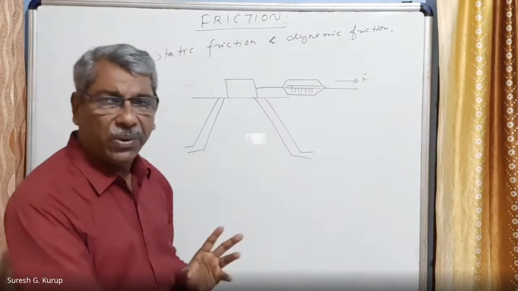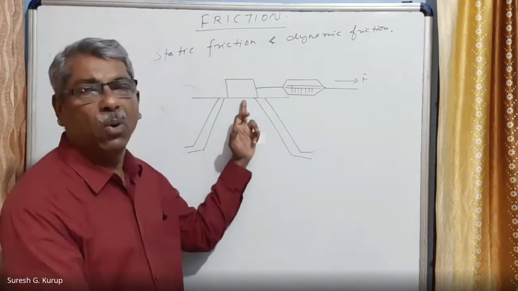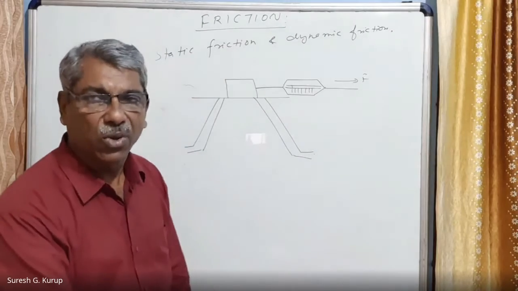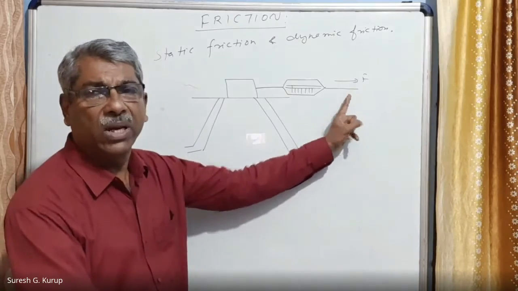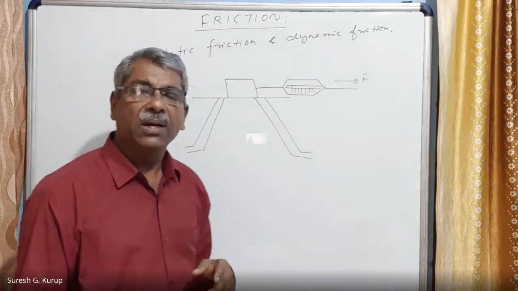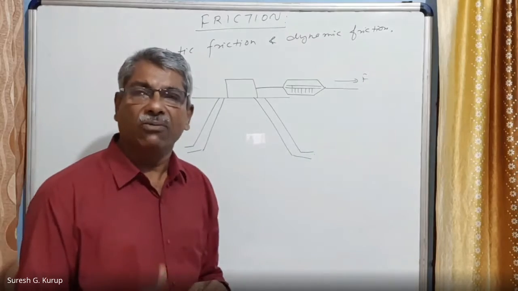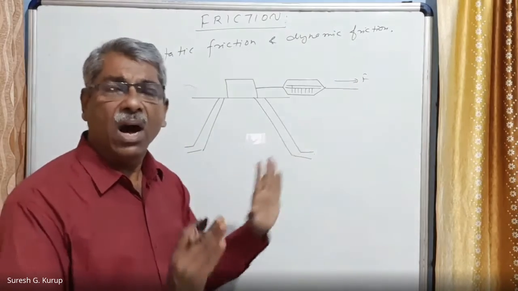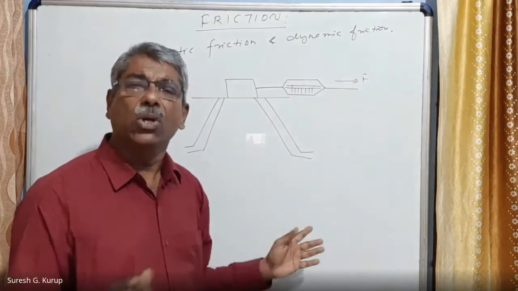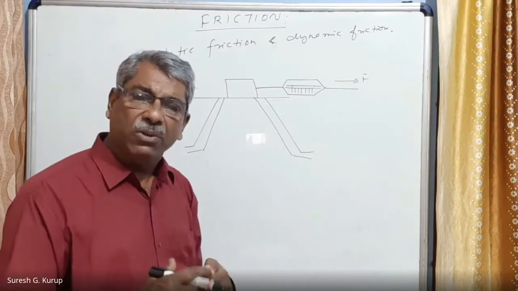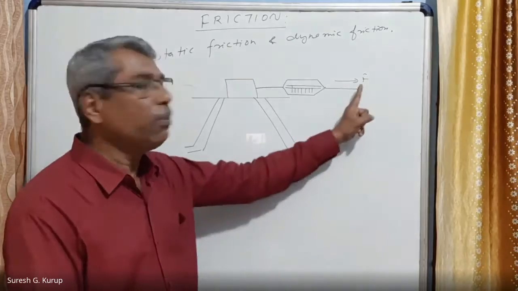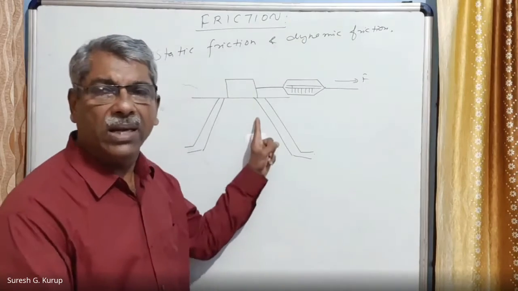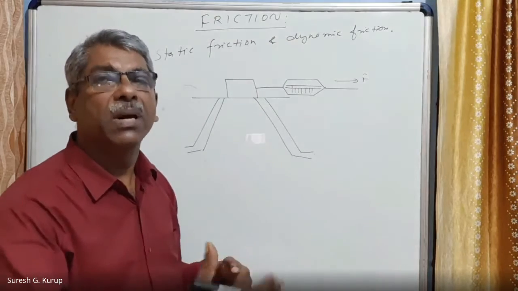So up to now, what we have done is we have kept a book on the table, and at first there was no force acting, there was no frictional force also. When we applied the pulling force, the frictional force comes into action. The surface will register a frictional force on the body that goes on increasing as the pulling force is increasing. At all these times, remember that the body is not moving. So the value of the frictional force is different when the pulling force is different. So pulling force increases gradually step by step, and the frictional forces are increasing step by step, but the body is not moving.